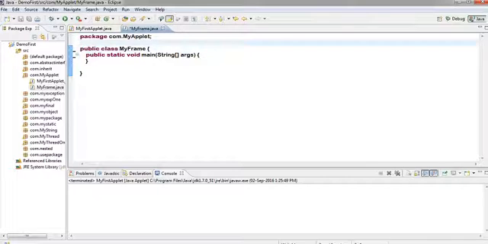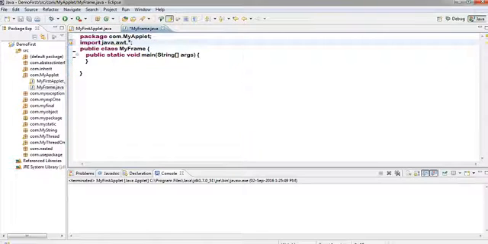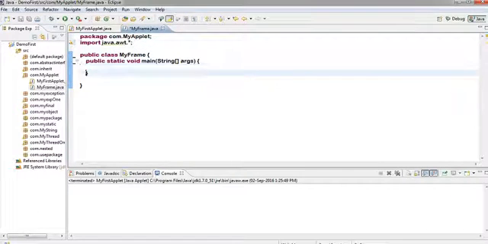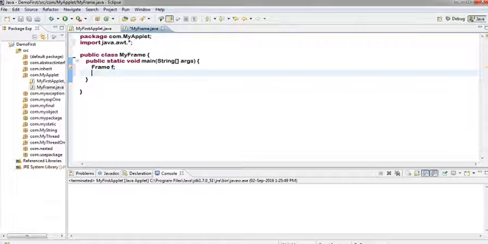So import java.awt first, then use the Frame class as I am using. f is equal to new Frame. You can give the title. Suppose I have given the title like first frame,